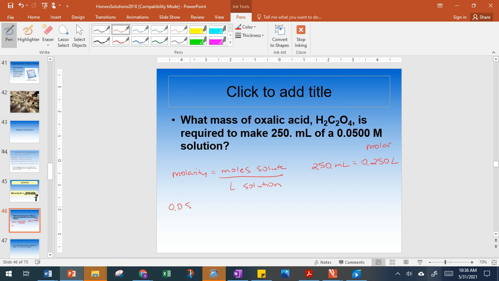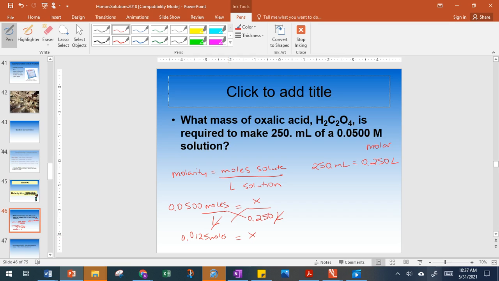So we have 0.0500 molar. Instead of writing molar, I'm going to write moles over a liter because capital M is equal to moles over liter. And this is equal to moles, so that's our unknown. I'm going to put X in the numerator, and then I'm going to put the liters of solution in the denominator. And then I'm going to solve for X. So I have to cross multiply, the liters cancel out, and I get 0.0125